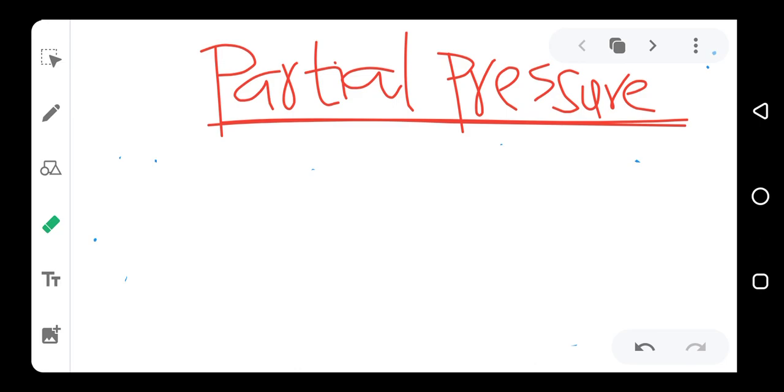Now, if you know the pressure of the gas you have collected, you cannot take that as the normal pressure of the gas. You will always assume that any gas collected over water is being mixed with water vapor. So you have to subtract the pressure of water vapor from the total pressure of the gas in order to get the pressure of the gas you are looking for.